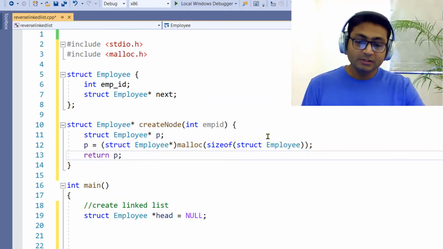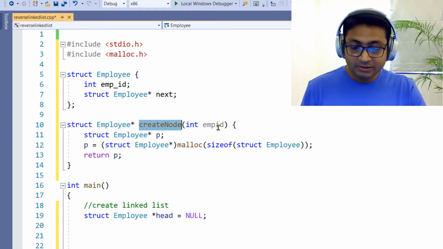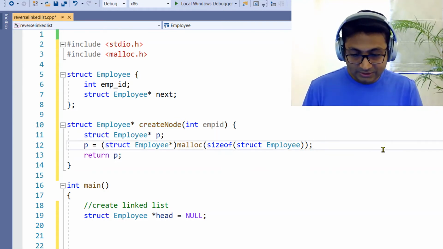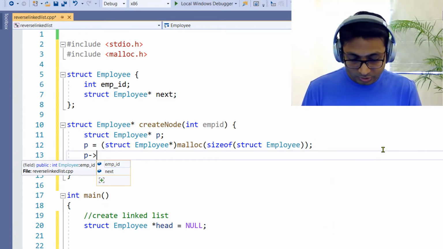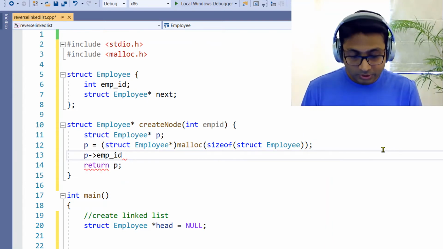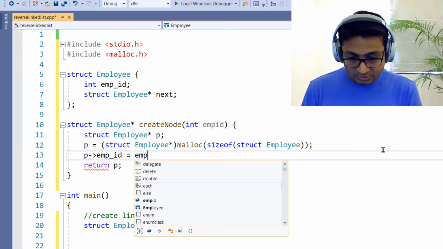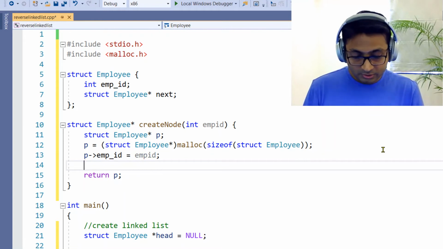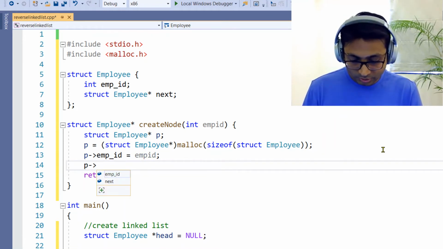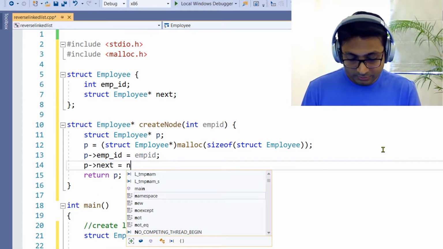So that way this function allocates the memory, and of course we need to set the employee ID here. So I'm going to put it like this, and whenever I create a new node, the next pointer I'm going to set to null.